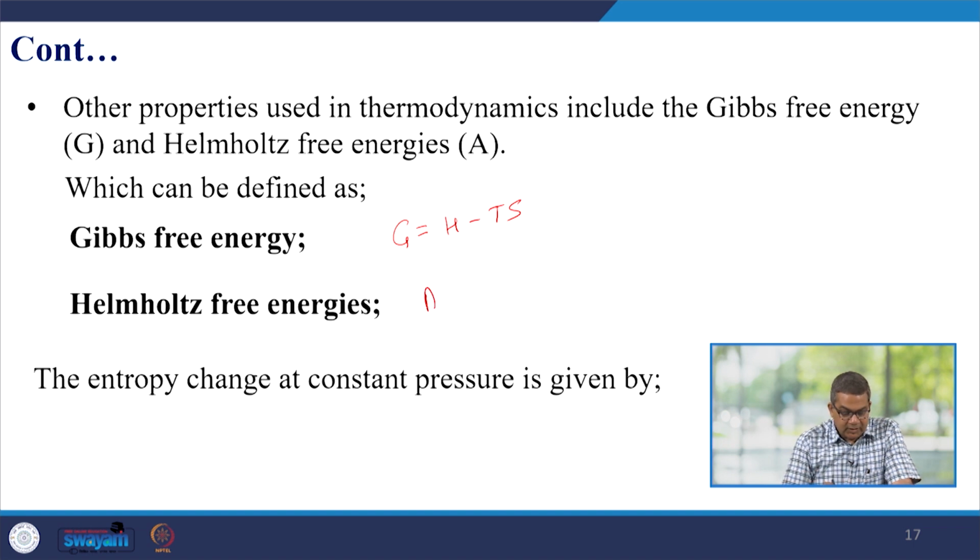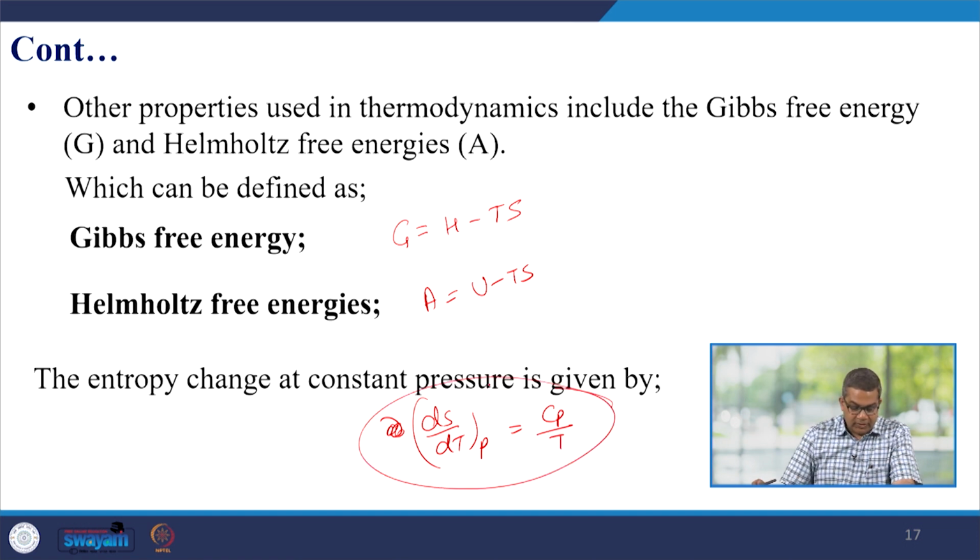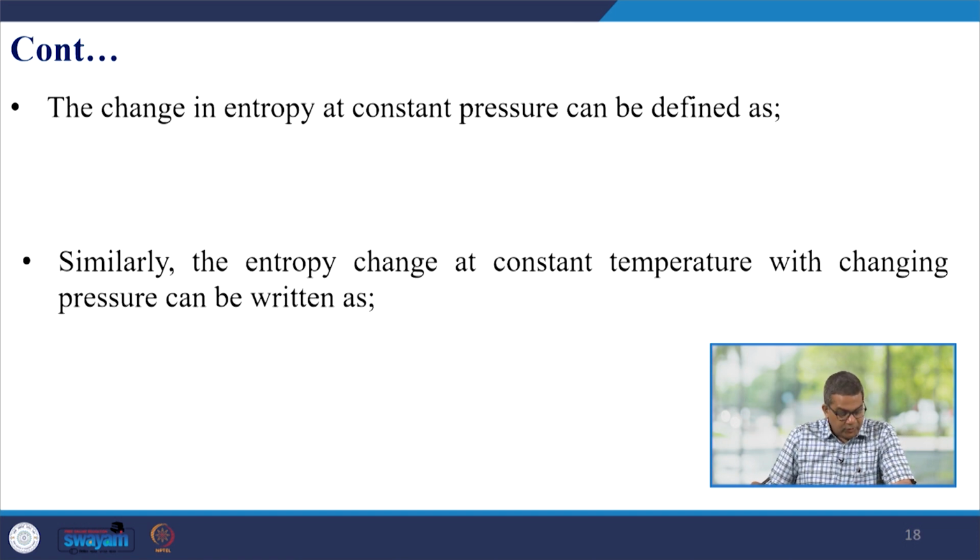can be given as A equal to U minus TS, where U is the internal energy. So, the entropy change at constant pressure can be given as dS over dT at constant pressure, that is given as Cp over T. This is a general thermodynamic equation. And the change in the entropy at constant pressure can be defined as dS